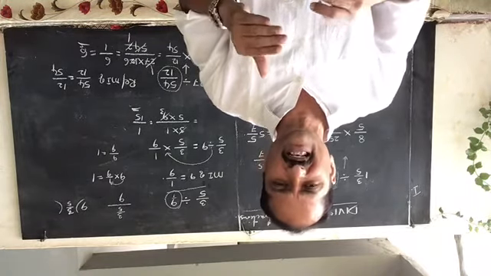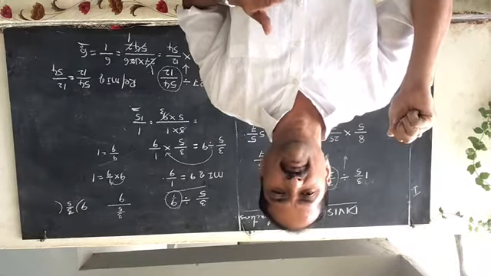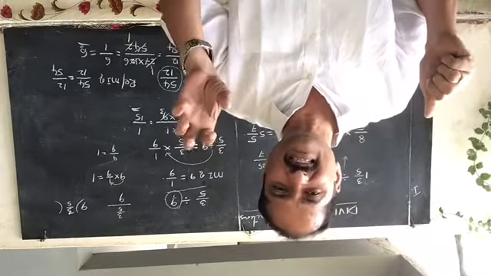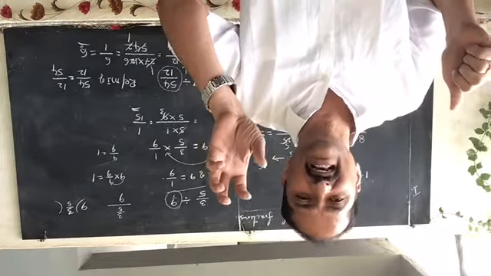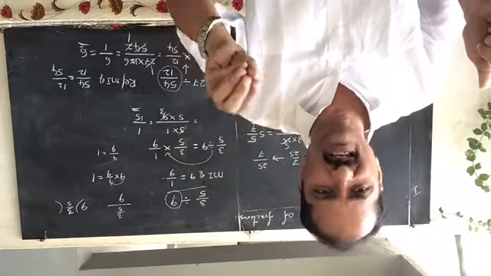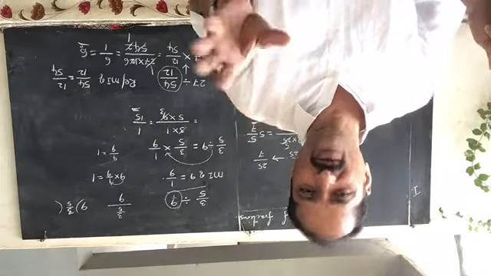So division is the inverse process of multiplication. So we are only writing the multiplicative inverse of the divisor. Divisor is nothing but the second one. Either the second one may be a whole number, or the second one may be a fraction, whatever it may be. We should write down the reciprocal of the second one only.